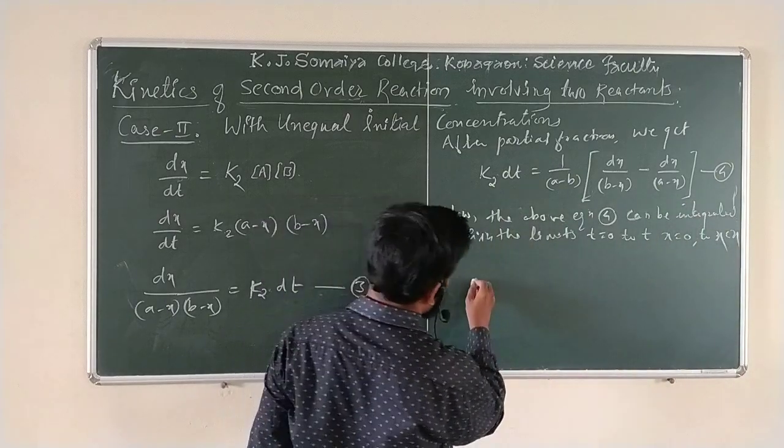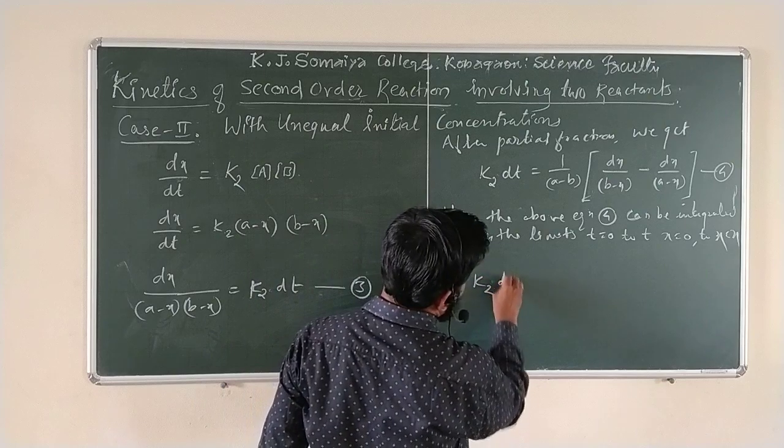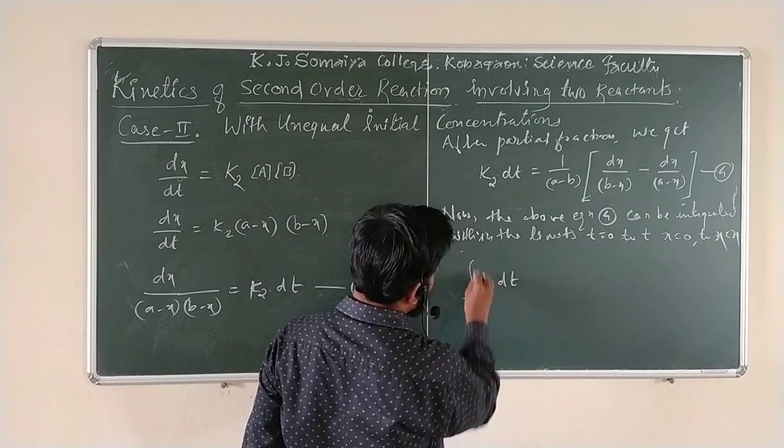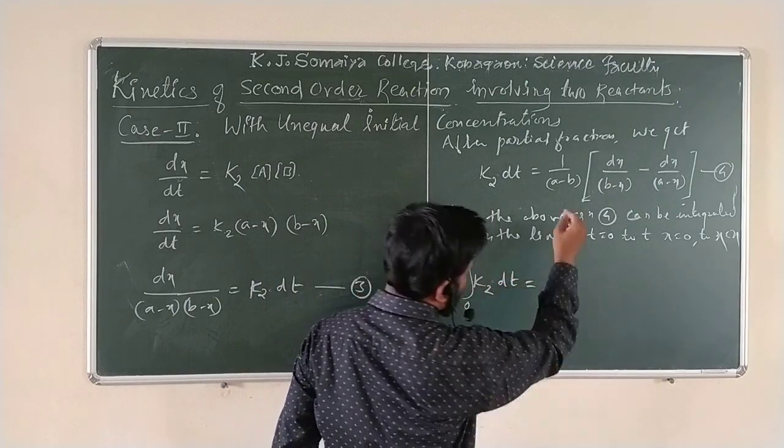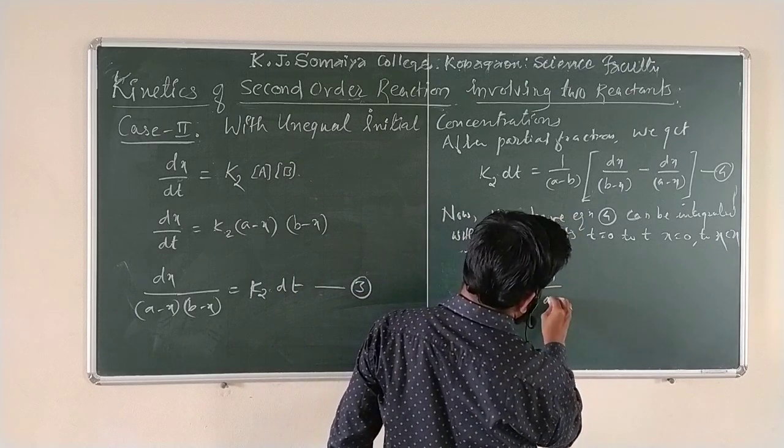Now put it here: K2 dt within the limits 0 to t equals 1 upon (A minus B)